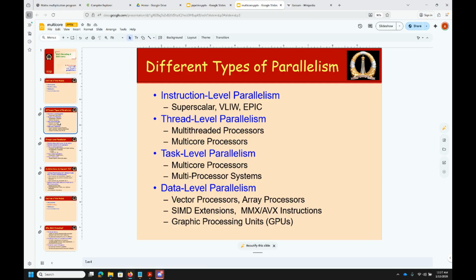AVR GCC knows that you are compiling the code for Arduino for an embedded target. So there are two separate things here. One is the software optimizations that your compiler is doing, like reordering the assembly or whatever you're doing on the side. And the other side is the hardware optimization.